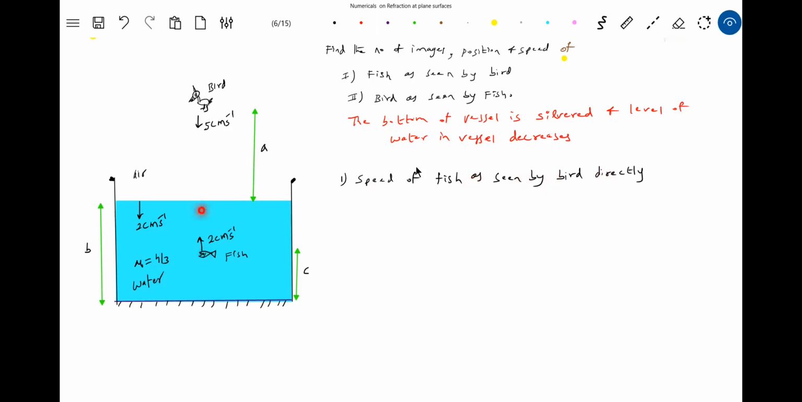The fish is at a depth B minus C. At what height the bird is at a distance C. First we'll calculate the distances. S1 is equal to, at what distance the bird is from the boundary. What is the real depth of the fish? B minus C. Apparent depth. So therefore the distances will be,